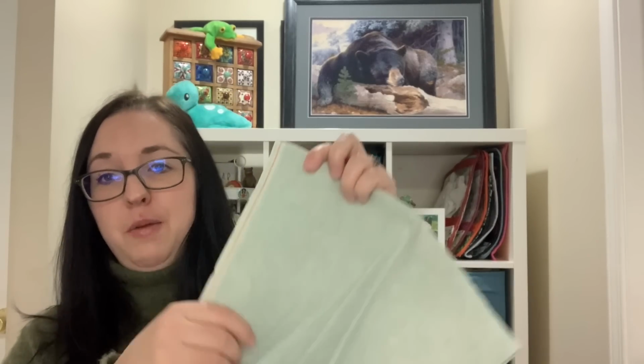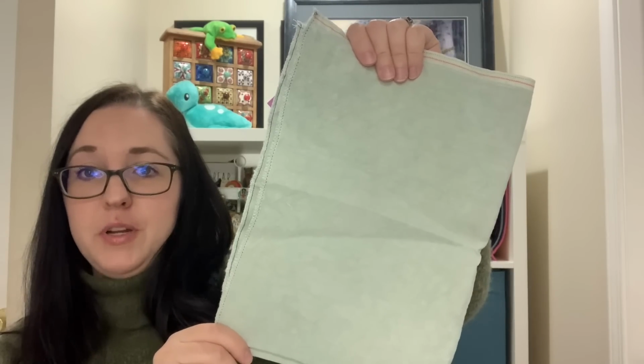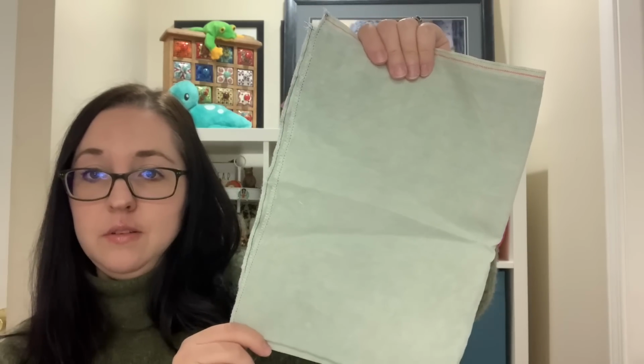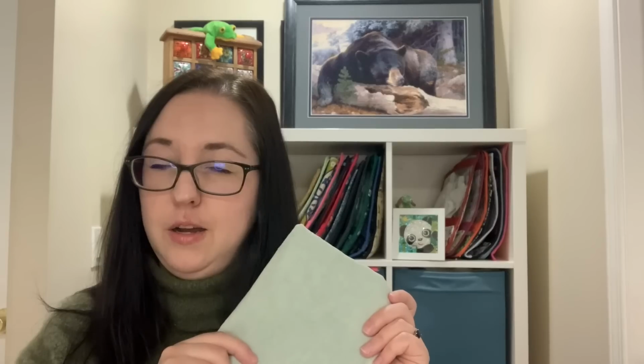But this came in the other day. It is my fabric of the month from Under the Sea Fabrics. It's called Green Tea. I got a 40 count linen in this one. It's got a good neutral. I'm maybe thinking of putting a chart from the Blue Flower on this one, so I'm going to leave that out